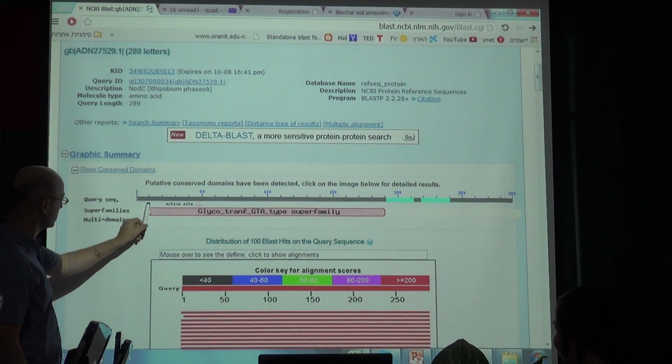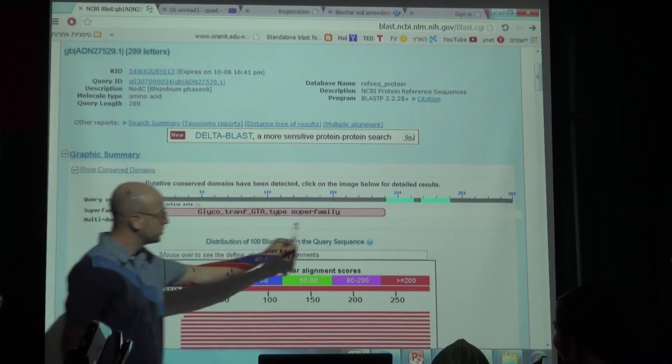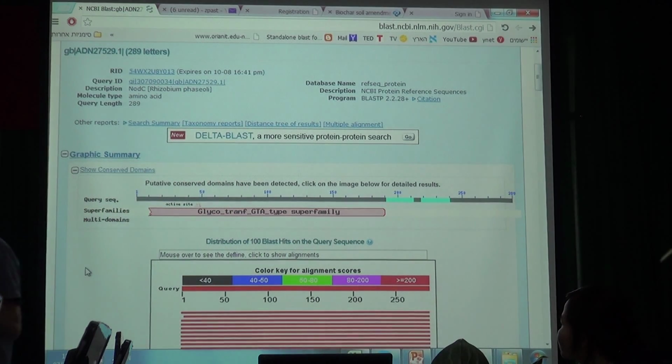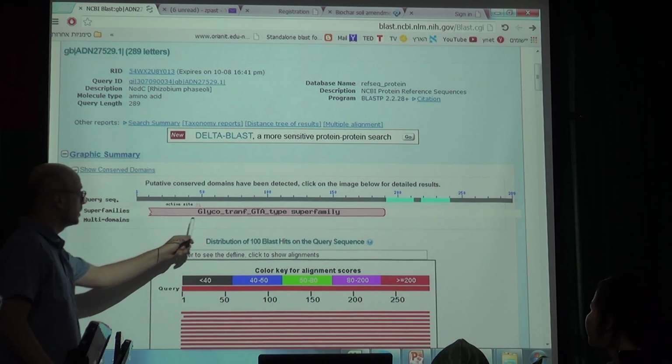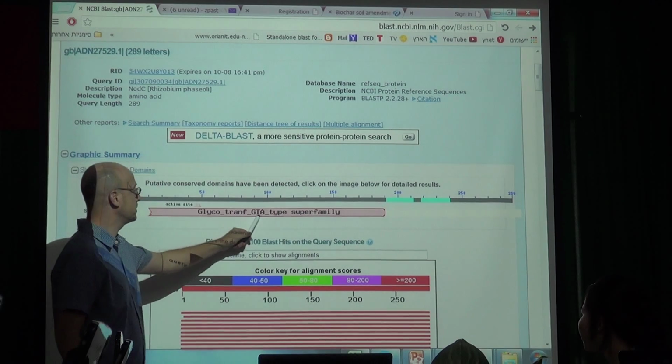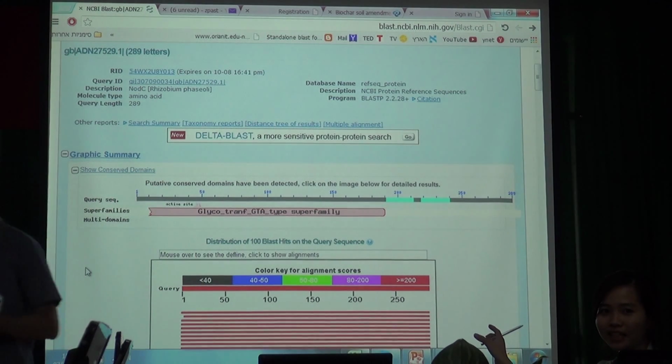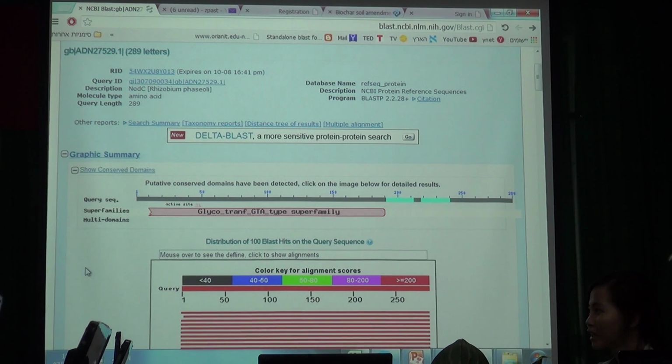It says from this amino acid to this amino acid, I found a conserved domain. I found a conserved region which is called glycotran-F-GTA type superfamily. At that position, a conserved domain was found. What does it mean? I don't